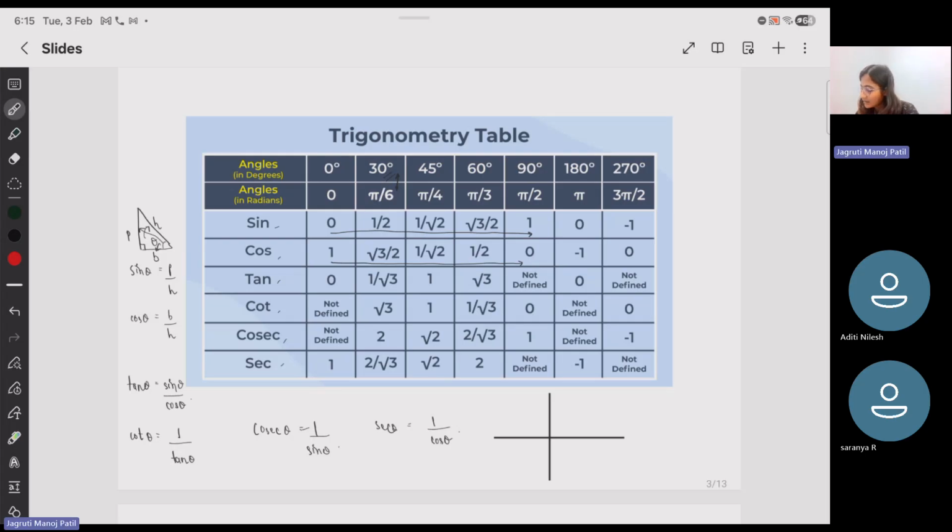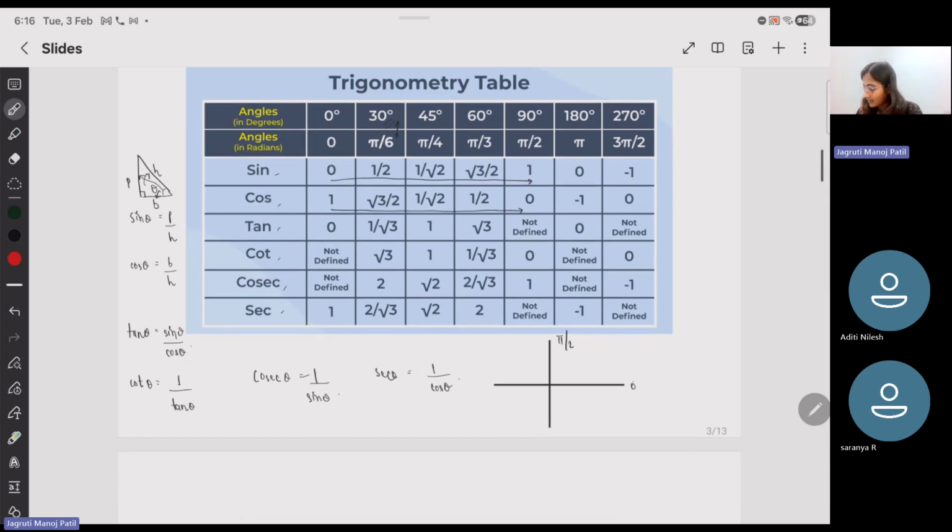Okay. So let's say this is your 0, then this is your pi by 2. I hope that's visible. Then this is your pi, and then this is your 3 pi by 2, and then you again go back to 2 pi. Okay, so it's like All Students Take Care. That means all identities are positive in this particular domain